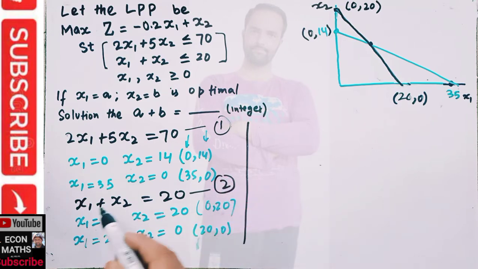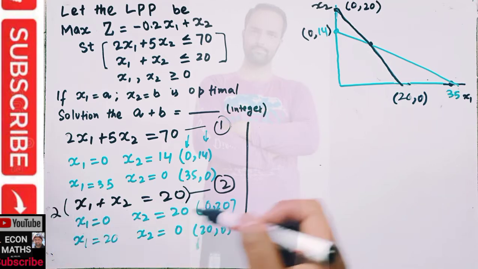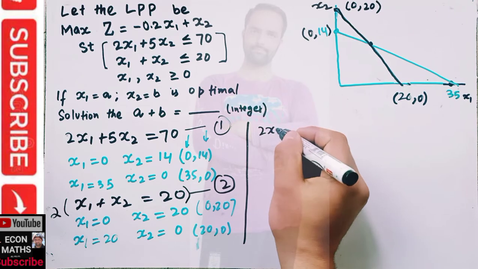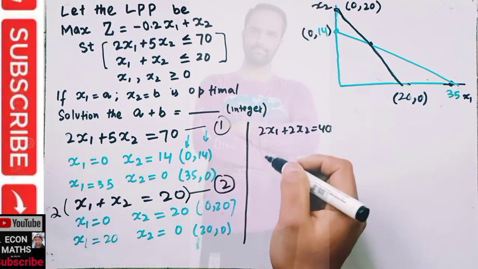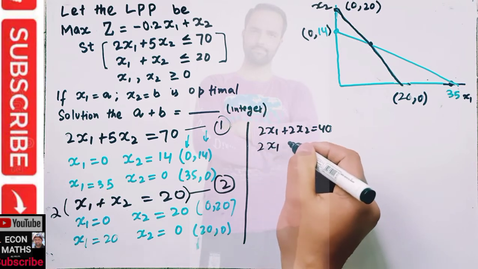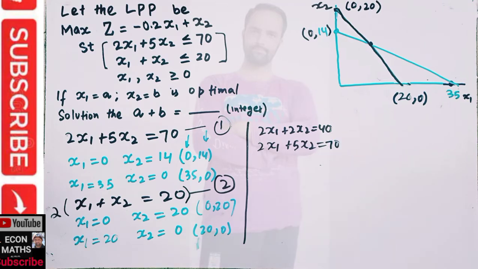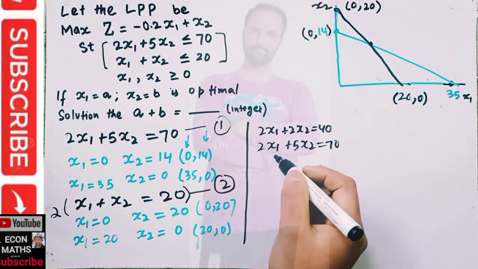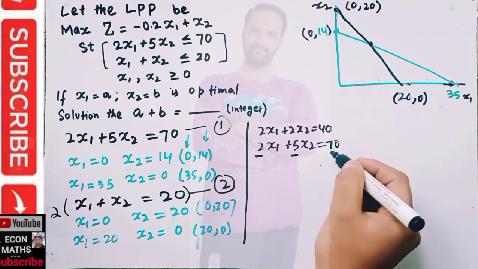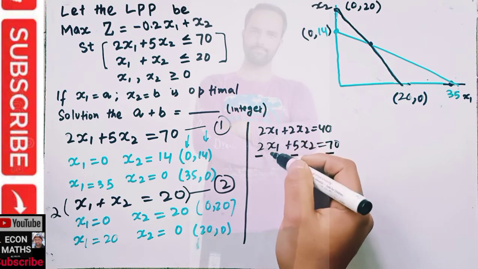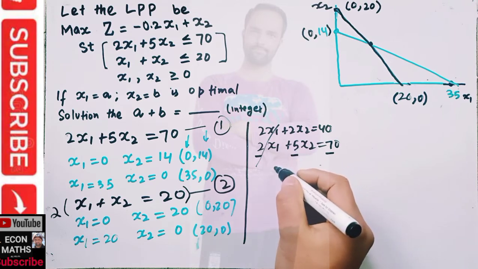How can we solve? If we multiply this equation on both sides by 2, it becomes 2x1 plus 2x2 is equal to 40. And originally we have this equation, 2x1 plus 5x2 is equal to 70. Now subtract them, or we can subtract them here. Okay, so 2x1 minus 2x1 gets cancelled,